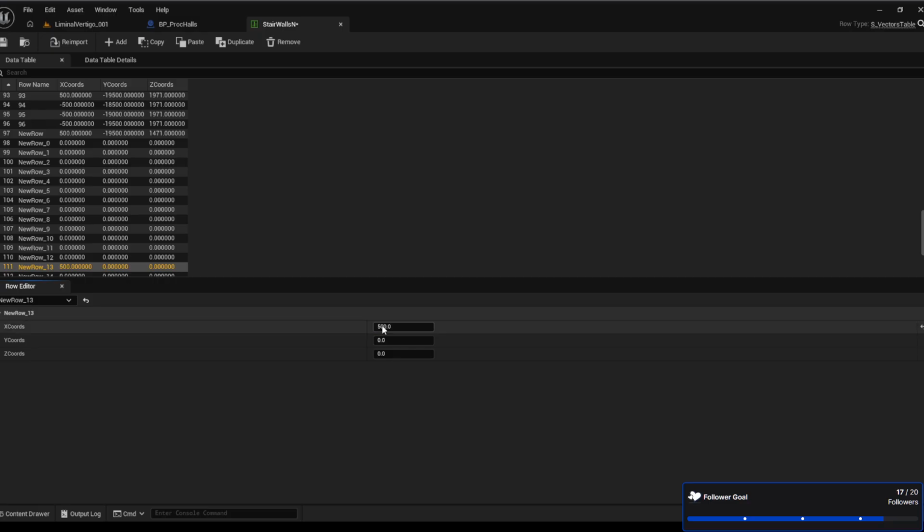Let me copy. I don't have to do it that way, actually. Let's just copy and paste. Paste, paste, paste, paste, paste, paste, paste, paste, paste, paste. Alright, so the next one down from there is